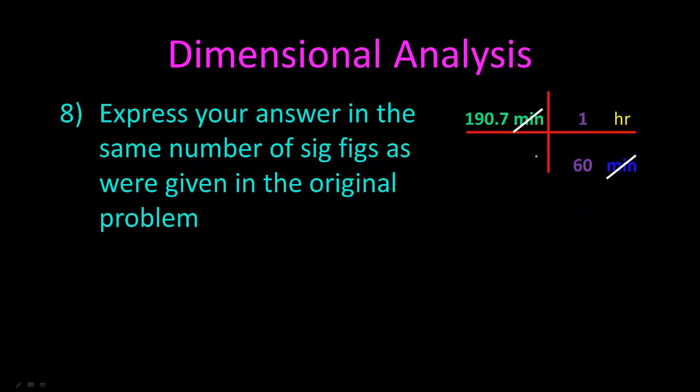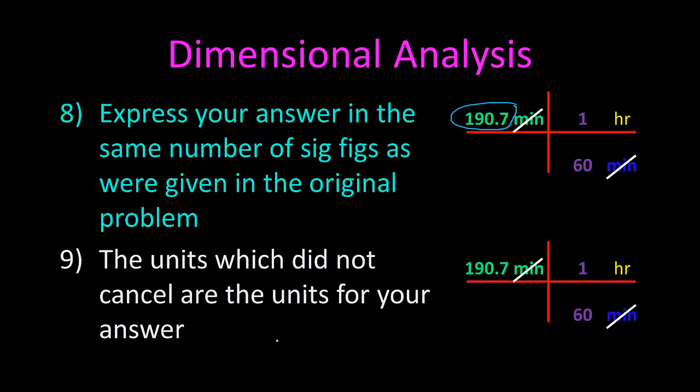We are going to express our answer in the same number of significant figures as were given in the original problem. In the original problem, the only number we were given was this number right here. So that's the number of significant figures that we're going to use. We do not count conversion factors in our significant figures. So we have 4 significant figures here. So our answer is